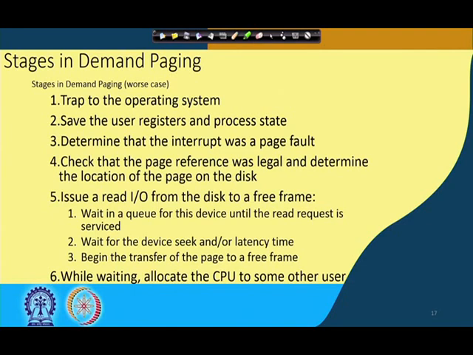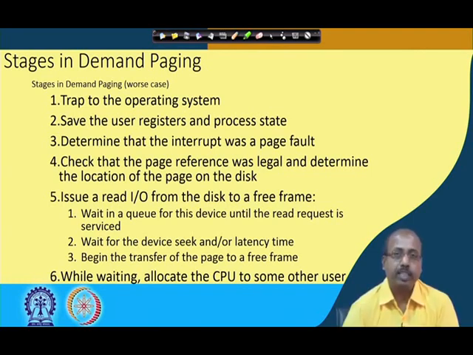This trap is defined by the processor designers. When some exceptional situation occurs, it is informed to the operating system that an exceptional situation has occurred, the page is not available. A trap may be generated for different situations: page fault is one of them, divide by 0 is another one. There are many cases in which a trap may be generated. Whenever a trap occurs, it is an exceptional situation, so some exception service has to be initiated.